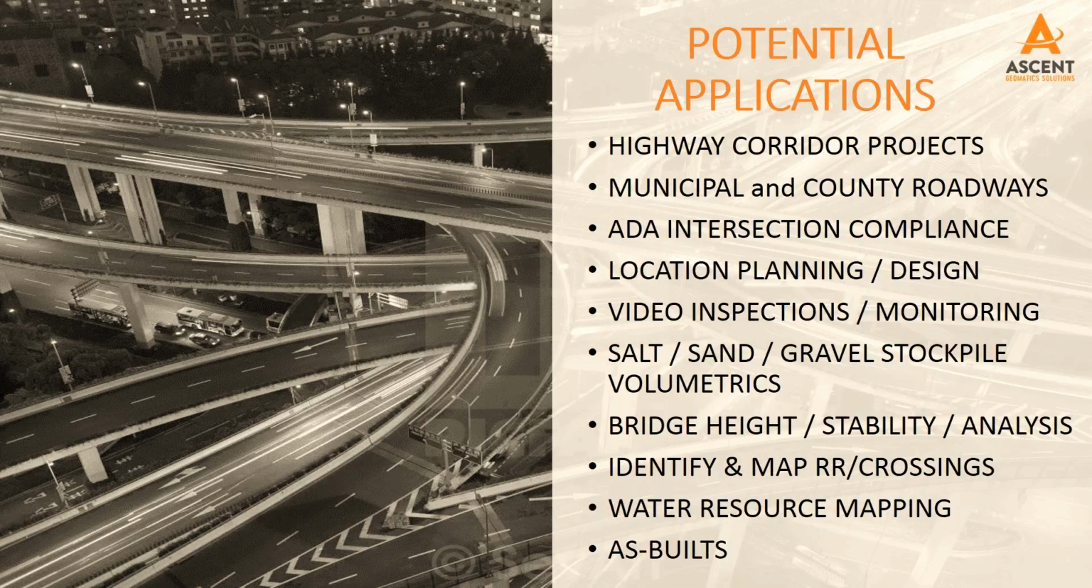Highway corridor projects, when you're trying to get design grade data on 15 or 20 miles, there's really just no substitute for using something like mobile LiDAR, or depending on the tolerances you're looking for, maybe using photogrammetry. Municipal and county roadways, same type of idea. ADA intersection compliance, this is a huge one across the whole country, and we actually are working with a few firms right now on the ADA intersection, being able to scan the entire intersection so that you're not just collecting conventional